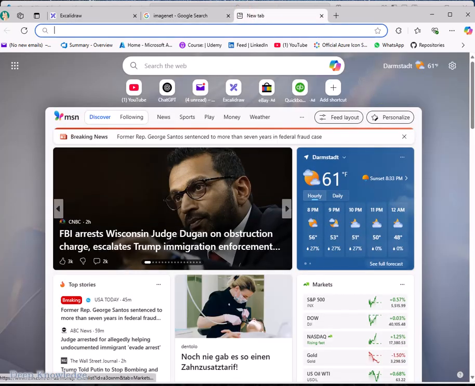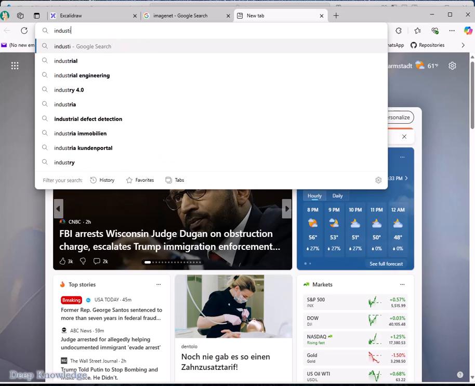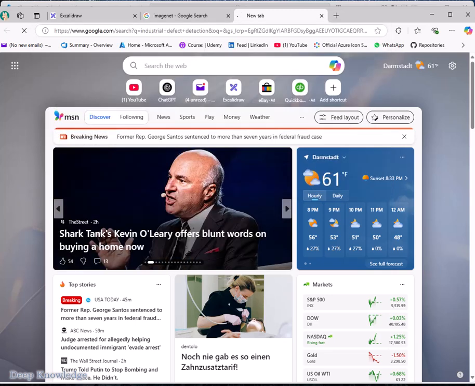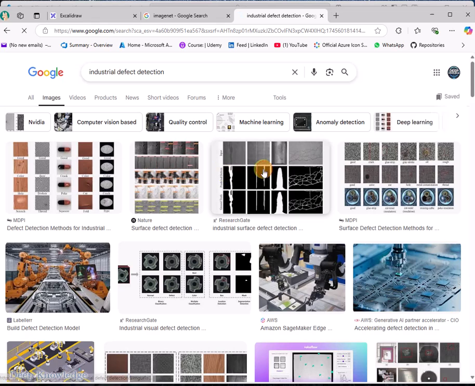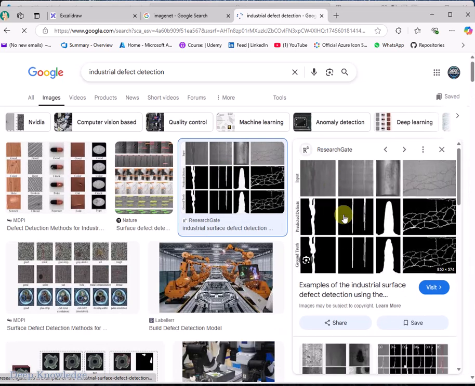And let's say you have industrial defect detection, and you have a data set. As you can see here, these are different features, different shapes, different appearance. So I'm trying to tell you that it might work, but